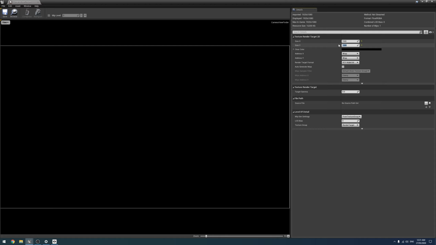Do not go extreme with this, as it will cause a lot of lag and engine issues, I guess. So this also determines the resolution of the screenshot when you take one, which we'll do later down the track. Lastly, we want to change it from 16-bit float to sRGB 8-bit. This is your standard image, and again, this isn't actually going to affect when we render it out from, say, the sequence editor or anything. This will simply affect the screenshots, the photos, whatever you want to call it, when we do it,